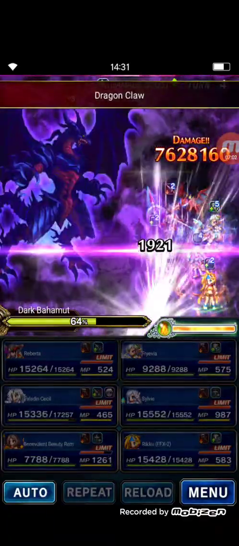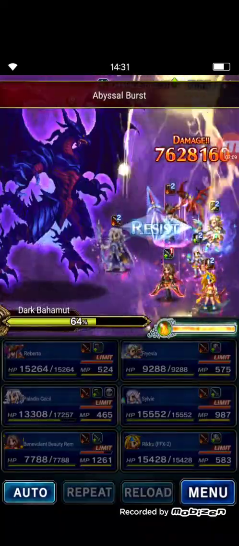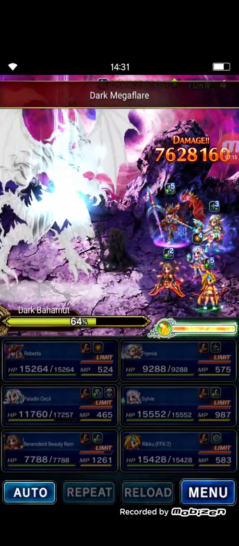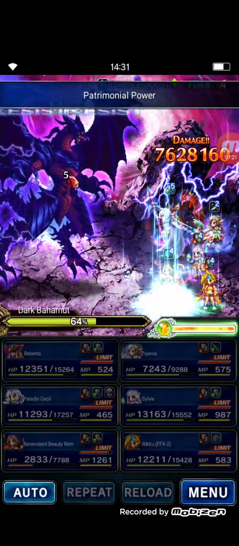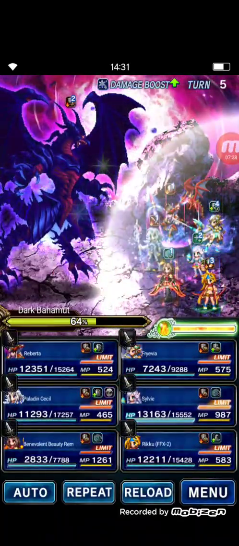Do not push under 60% because there is an incoming 2 Dark Mega Flare attack. If you are above 60%, only 1 Dark Mega Flare. Let's see, Dark Mega Flare here. We can cover it, and then for this turn, if the Dark Bahamut is dealt to us,